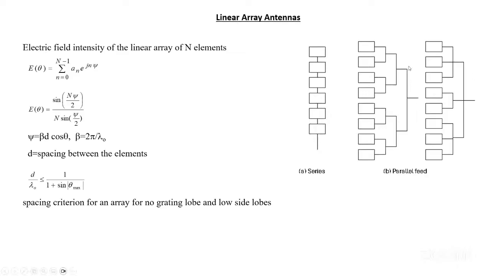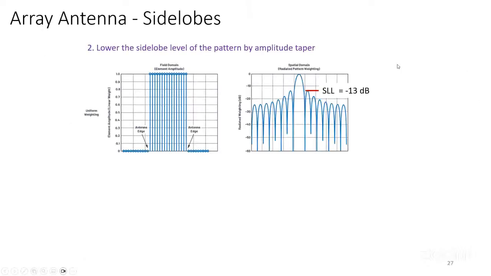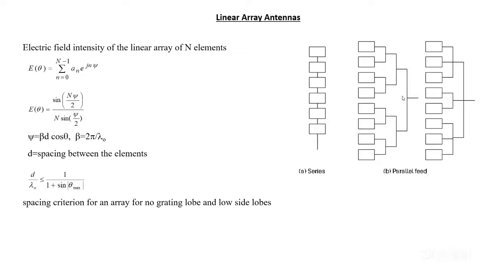Again, that 50 has to get divided into two, 25 plus 25. That 25 will be divided into 12.5 plus 12.5. Accordingly, you need to select the size of the pipe for water. Similarly, for RF energy also, you need to select the appropriate impedance of the transmission line in order to transfer the energy efficiently. And for estimating the radiation pattern of this linear array, the equations given on the left side will be helpful in writing the program.